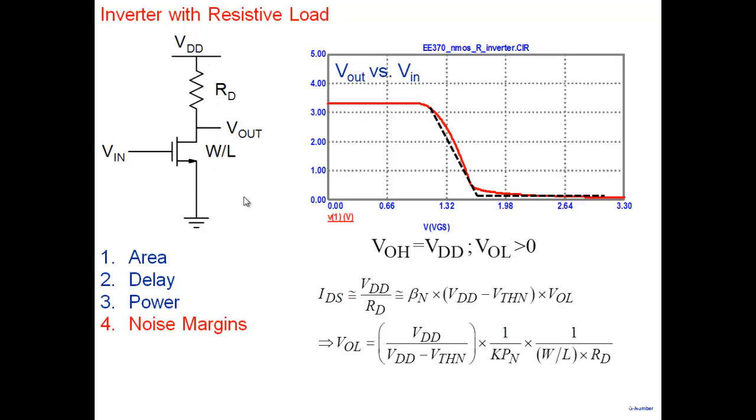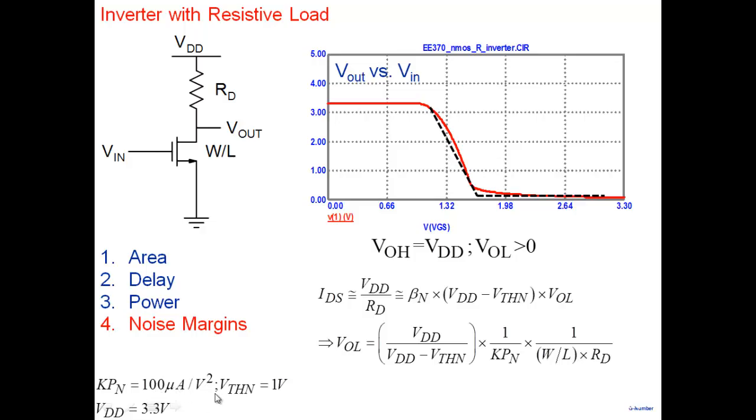And the current that the transistor carries is beta times (VDD minus VTHN) times V0L. V0L is the drop here. I again ignored the quadratic term, V0L square by 2, which is also there, but that's again very small. So we take this equation, we solve it, and we get,